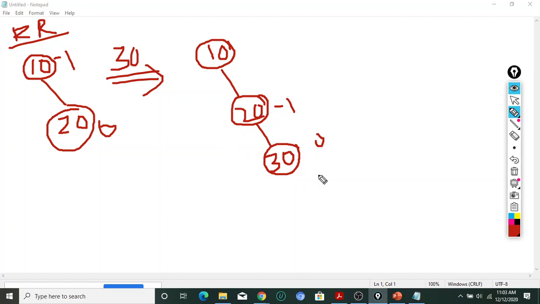So this is 0, this is -1, right? So 0, -1, and this is 0, -2. How can I calculate? This is 1, longest path 1, 2. So 0, -2. Okay, this is -2. So this root is balanced, this 20 node is balanced, but here is the imbalance. So why is it called imbalance, and what kind of imbalance is it? I have just inserted a node to the right. So this is actually, make it clear.